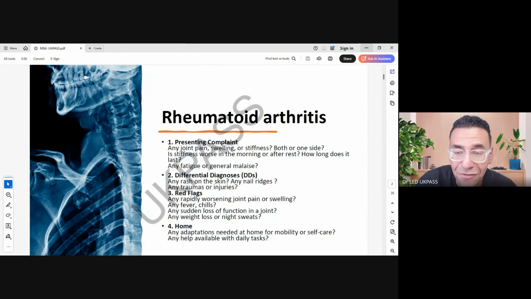What is rheumatoid arthritis? Again, if you follow us and attend our sessions, you know we are very organized and structured. Whenever we have any medical condition, we know how to explain it in a perfect way. If you follow our structure, you'll never get lost. So what is rheumatoid arthritis? Can anybody explain it? Follow our structure again.